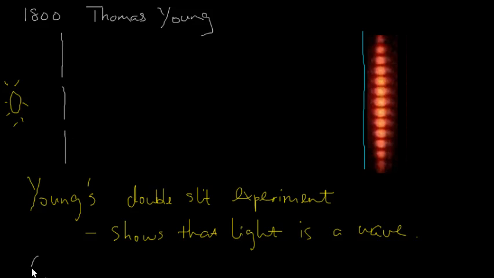A wavelength of light is a few hundred nanometers, around about 500. There is some range around 500. We'll look at that a bit more later on. So this has to be really narrow